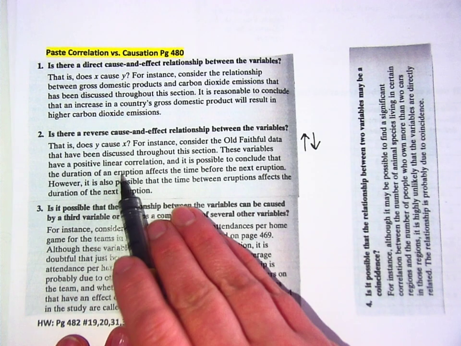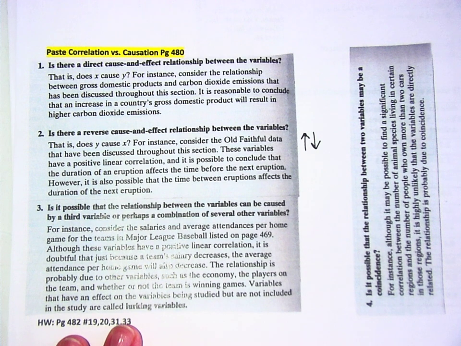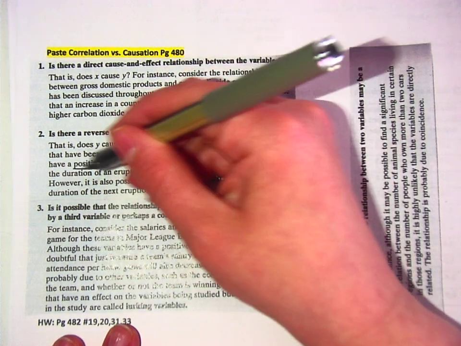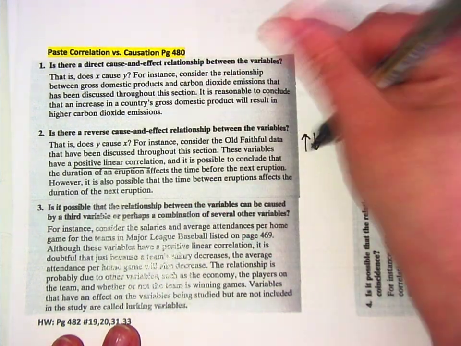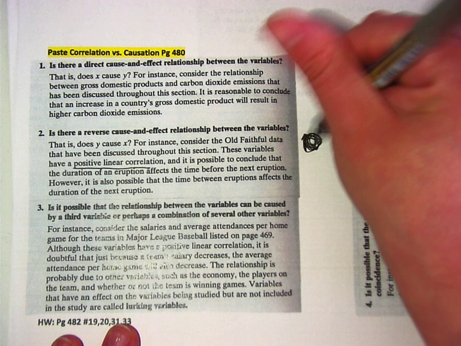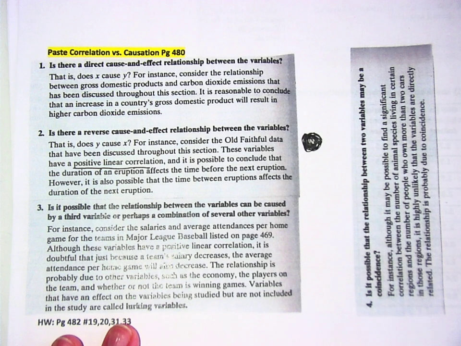Is it possible to conclude that the duration of eruption affects the time before the next eruption? They do have a positive linear correlation. Oh, I see. The reverse cause and effect isn't so much the up and down. It's saying that even though it seems like one might cause the other, it might be the afterwards that caused the before. So if you're looking at the duration first, then the time between, you should have considered how long the last eruption was. It could be that you're switching the two, one causes the other.